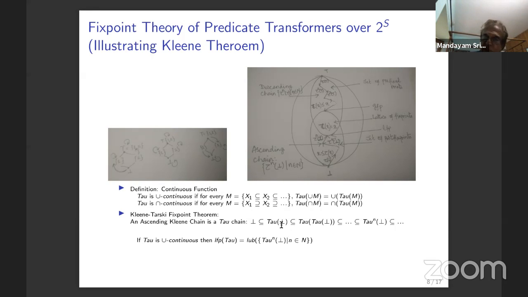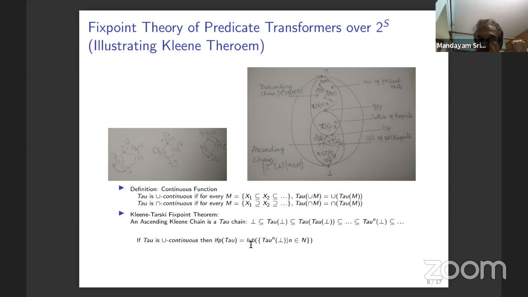So this particular set of repeated applications of tau to bottom forms an ascending chain. And what Kleene's theorem says is that additionally, if tau is continuous, then the least fixed point of tau is